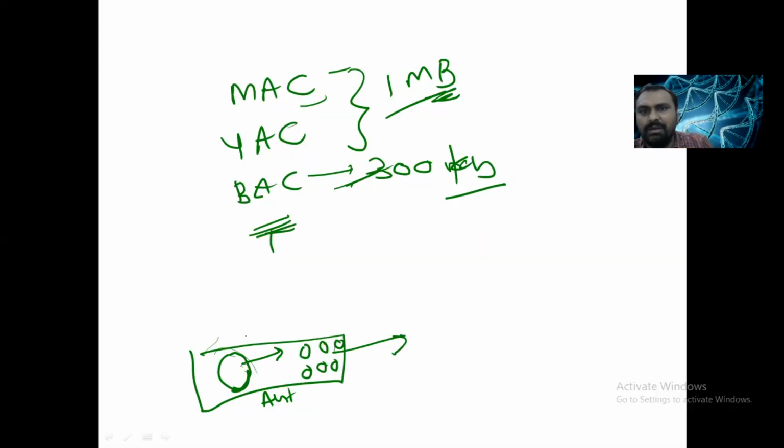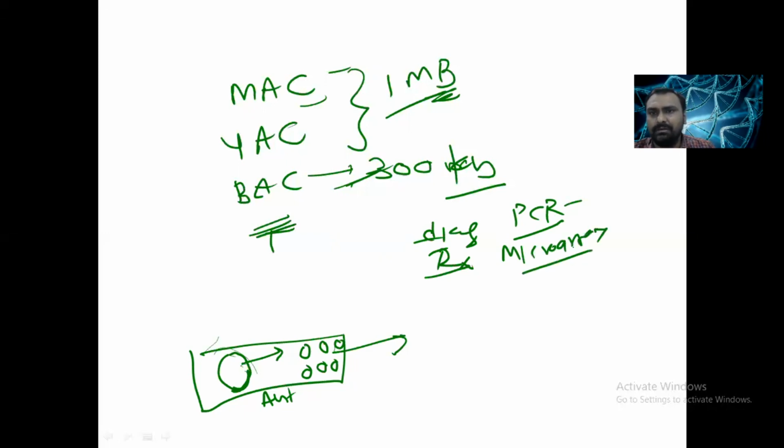With the help of recombinant DNA technology, we can diagnose the disease, treat the disease with the help of gene therapy. PCR is one type of recombinant DNA technology. We can make multiple copies of DNA. With microarray, we can detect the mutation. With RFLP, we can take samples from crime scenes and solve the crime. We can use it in the diagnosis of the disease also.